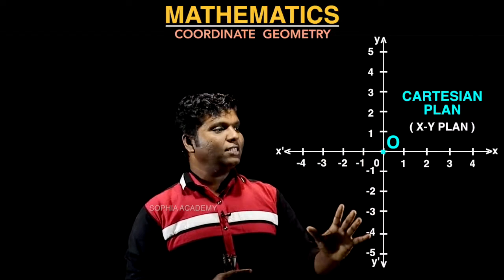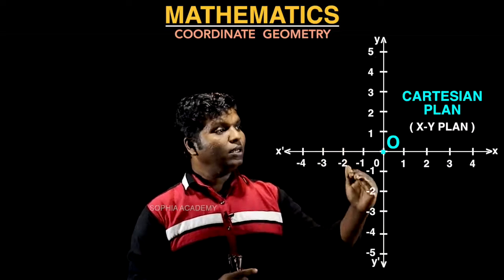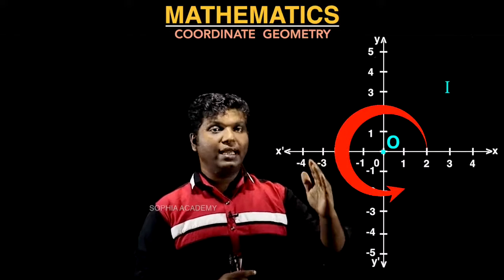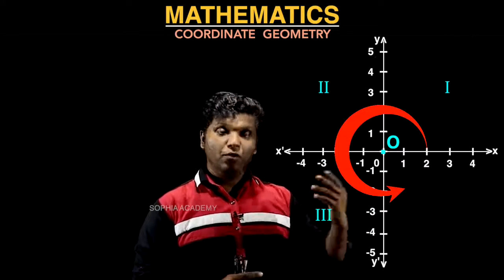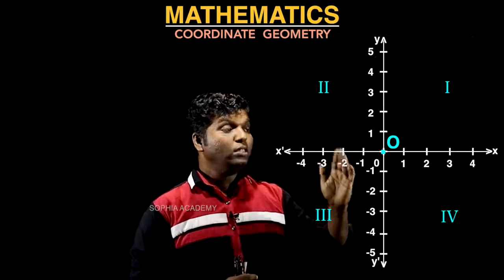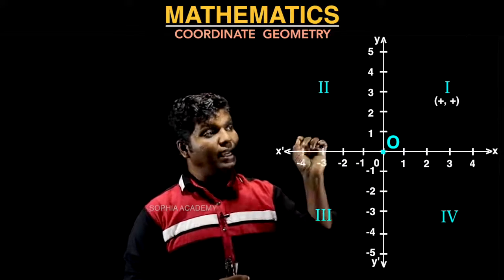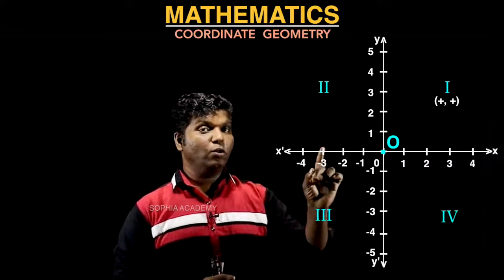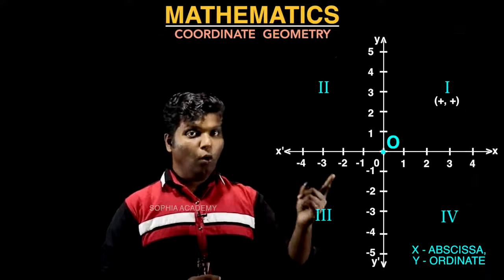So this Cartesian plane is divided into 4 quadrants, right? This one towards the right, towards the top is what we call the first quadrant. Next one, the second quadrant. Below, the third quadrant, and towards the right will be the fourth quadrant. In the first quadrant, both the x-coordinate and the y-coordinate will be positive. If you are taking any point inside the first quadrant, another name for the x-coordinate is the abscissa, and another name for the y-coordinate is the ordinate, right?